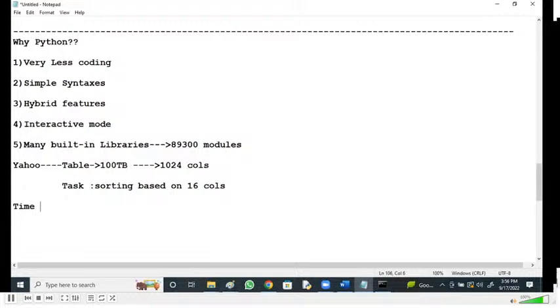Time taken, right? Time taken by Oracle, right? Oracle has taken nearly 3.5 days to process it, right? MySQL has taken nearly 6 days, right?